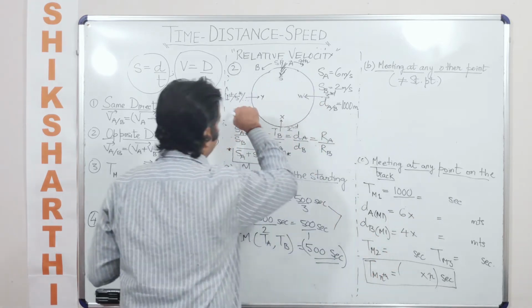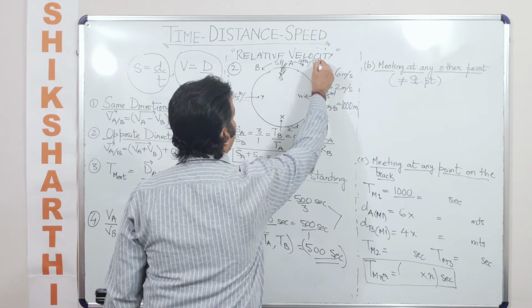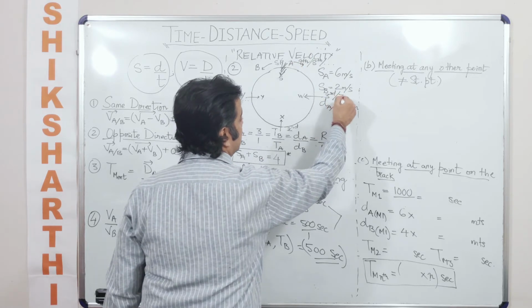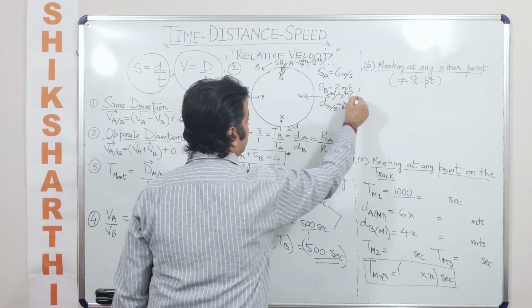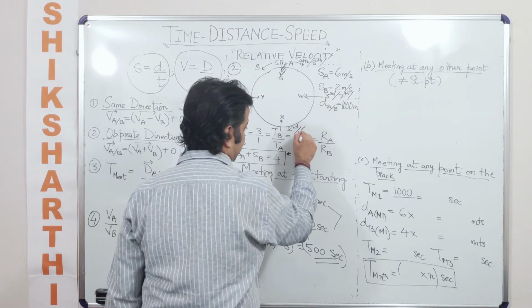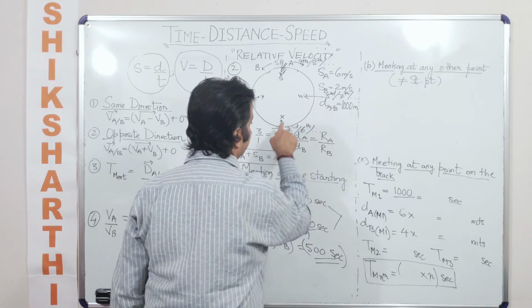So now we can extrapolate this, and I can say that this would be the 8th point, the 8th time when they would be meeting each other. 3rd time, 7th time, and so on, they'll be meeting at this point. 2nd time, 6th time, and so on. The 10th time they'll be meeting at this point.